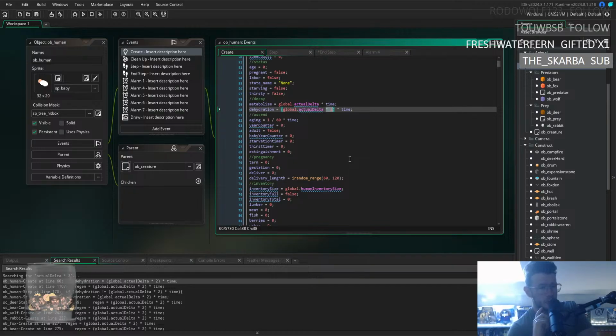But it would still be 2 divided by 60 multiplied by, see, that would actually be correct in this case. And then there's some other ones where it is actually time based, like the